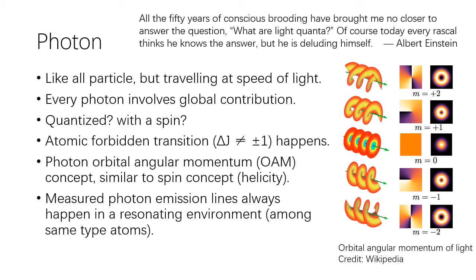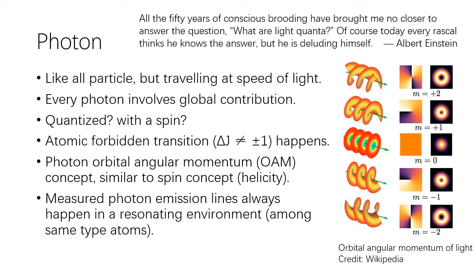Amazingly, after a few hundred years of fierce debate, we thought we had finally found out what light is, or what a photon is, and awarded a Nobel Prize to Einstein for his contribution to the understanding of light. But Einstein himself was very confused about the concept of the photon all his life. I cannot cover all topics of light in detail in this talk, but will list some arguments which are absent